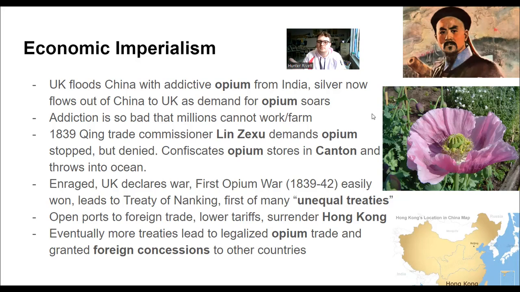But they say no. Of course, you wouldn't make a deal with us 40 years ago, 30 years ago. Why should we make a deal with you? So he says, okay, bet. So he goes into British storehouses in Canton. You need to know this. Some of these European storehouses,